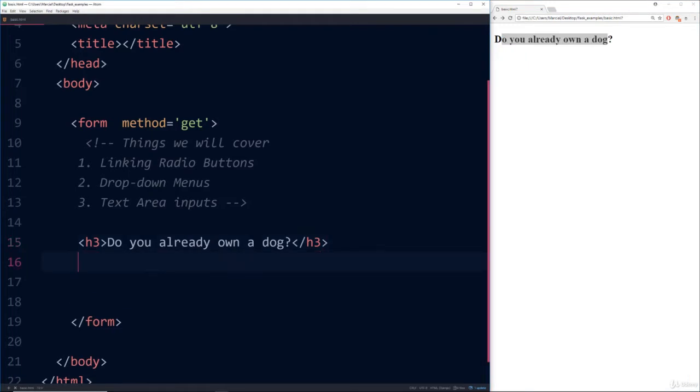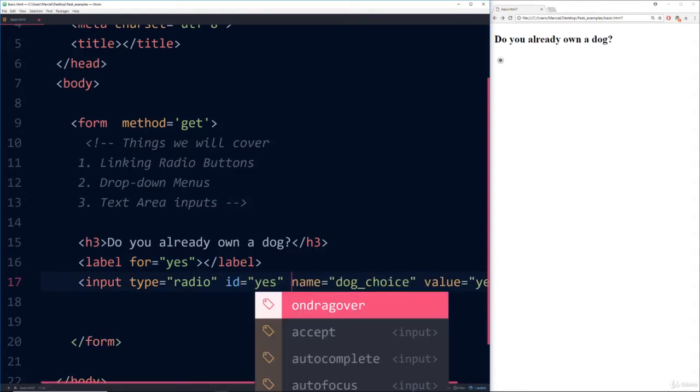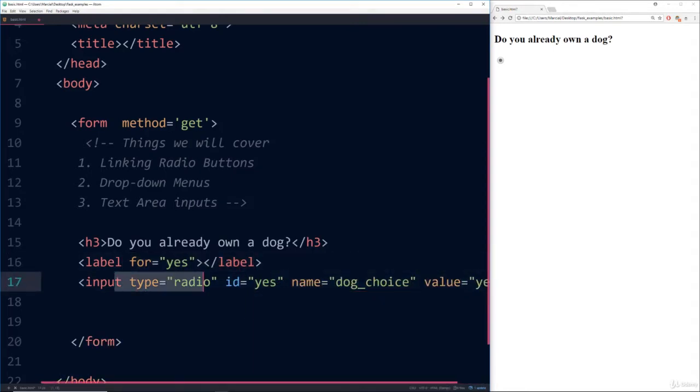So what I can do is I can have an input type, and the type I can provide is radio. And if you just refresh this, you should now see a little radio button show up. So let's give this some names and values. We'll say the name of this is dog choice, and the value is yes, and let's connect it to a label. So the label, we'll call it yes, and then we'll just give it an ID of yes as well. So that way we can connect this label to this radio button, and we'll say yes, save that,